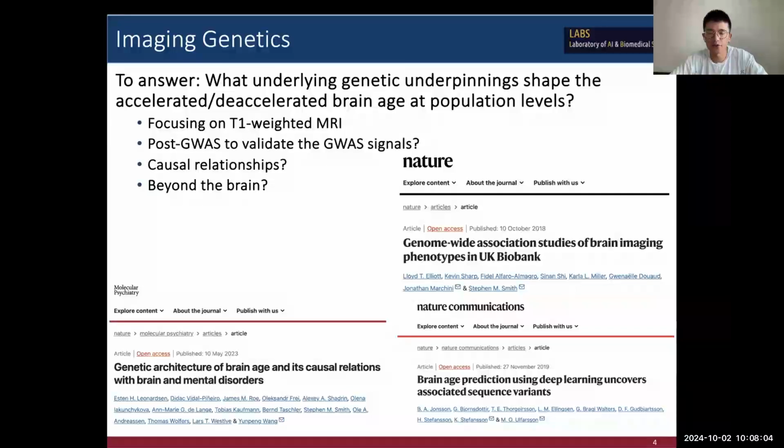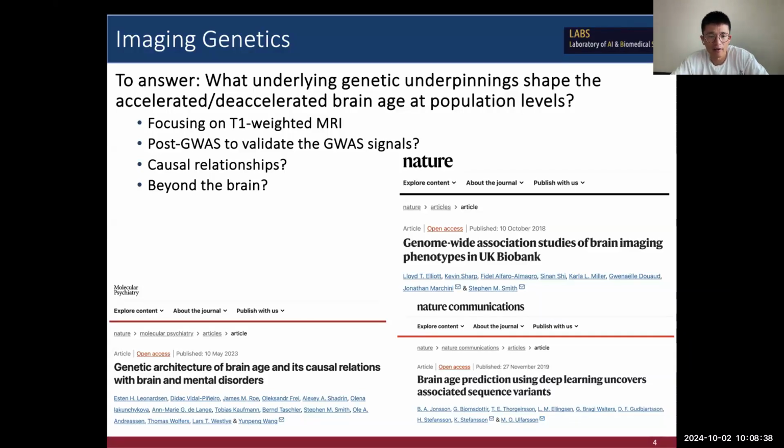I think this imaging genetics research started with the first Nature paper published in 2018 by Elliott and colleagues using the UK Biobank genetic data. In this paper, they systematically linked multimodal imaging-derived phenotypes (IDPs) with whole genome sequencing data, using imputed genotype data from the UK Biobank, and made the data publicly